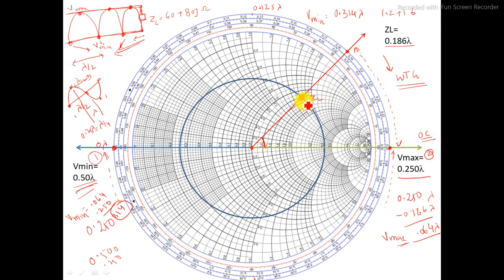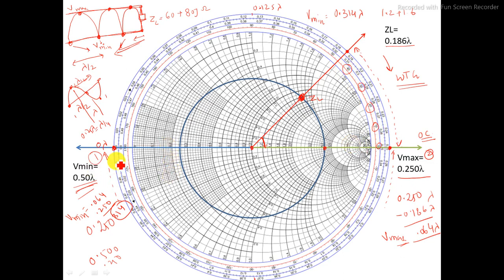If it is asked what the reflection coefficient would be, we can read this value, multiply with 50 ohm, and use the formula ZL minus Z0 by ZL plus Z0, and you will get it. The angle you can read out from here to this point. These angles are given for finding the reflection coefficient. I already made a video on finding the reflection coefficient, you can have a look at that.